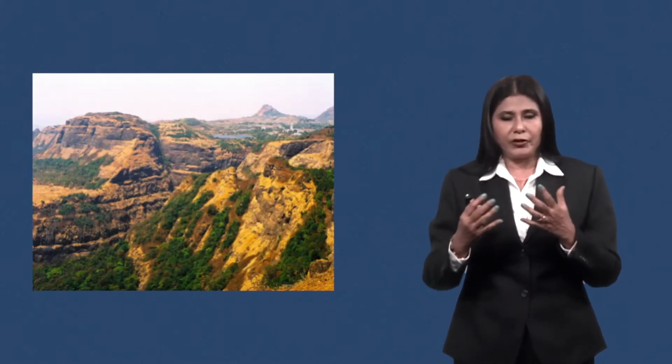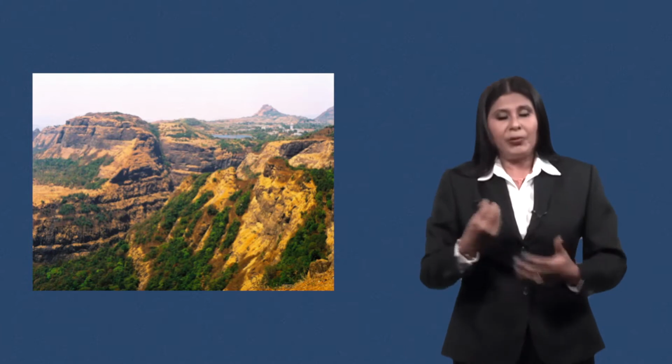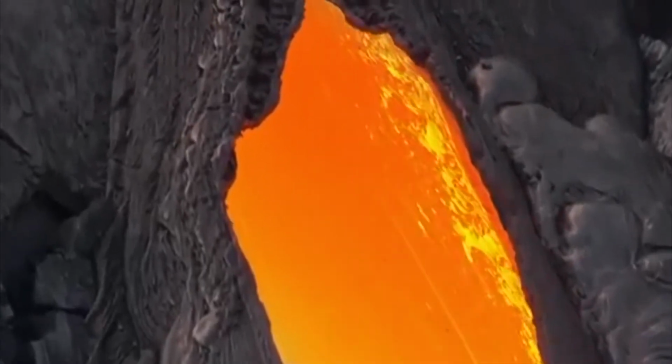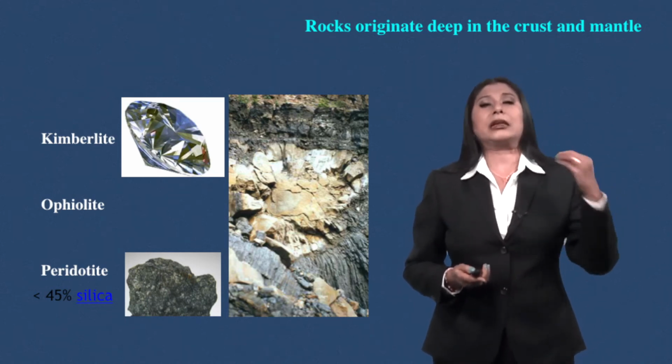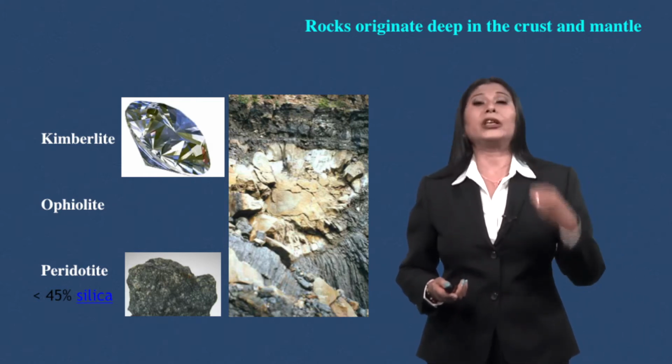In the Mahabaleshwar plateau or the Deccan plateau, we have basalt rock with layers and layers. They have been formed from the lava which erupted from the interior of the earth. By studying the mineral composition and chemical composition of this also, indirectly we can infer about it. Rocks which originate deep in the crust and mantle are kimberlite, ophiolite, peridotite. By studying these rocks also, we can get an inference about the scenario in the interior of the earth. But the actual authentic evidence has come from studying earthquakes.